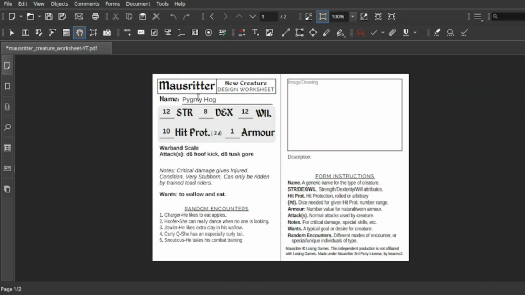And then that last section down there is for any random encounter tables that you add with the creature. Now, sometimes these are given as specific individuals within that group, and that's what I've done with this particular case. And other times it's just given as different special events that might happen when you encounter one of these creatures. So that's another option you have. So they might roll 1 to 6 to meet a specific individual, or roll 1 to 6, something unique happens